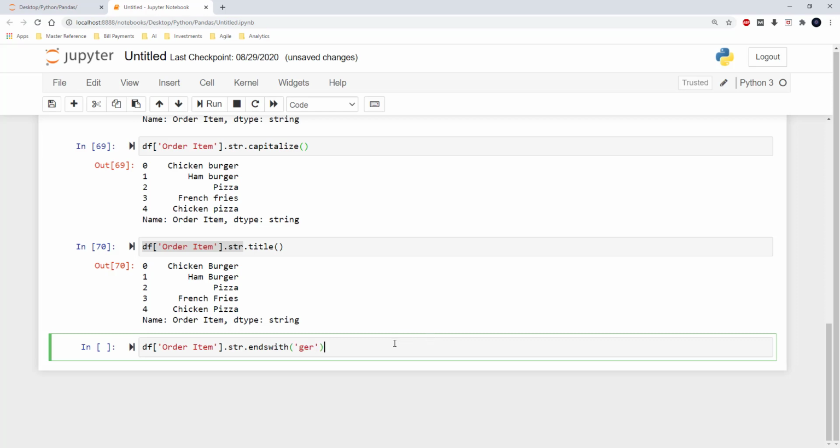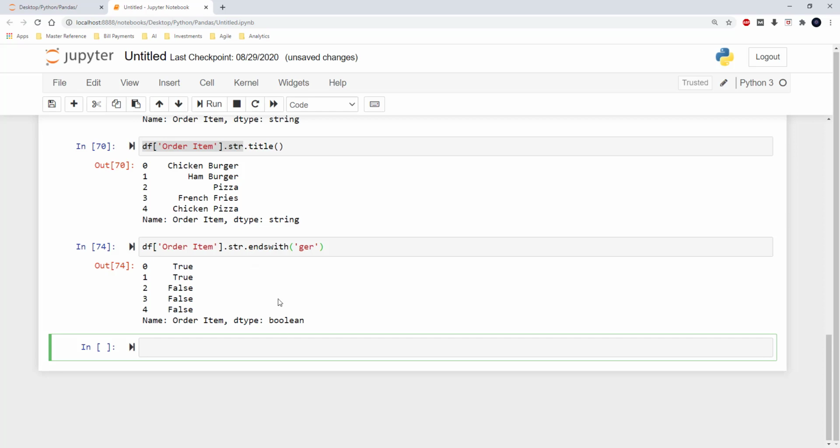So if I run this, you can see that the output is True, True and then False, False, False. So it checks all the values in the column, and if one ends with GER, then the output is True, and if it does not end with GER, then the output is False.